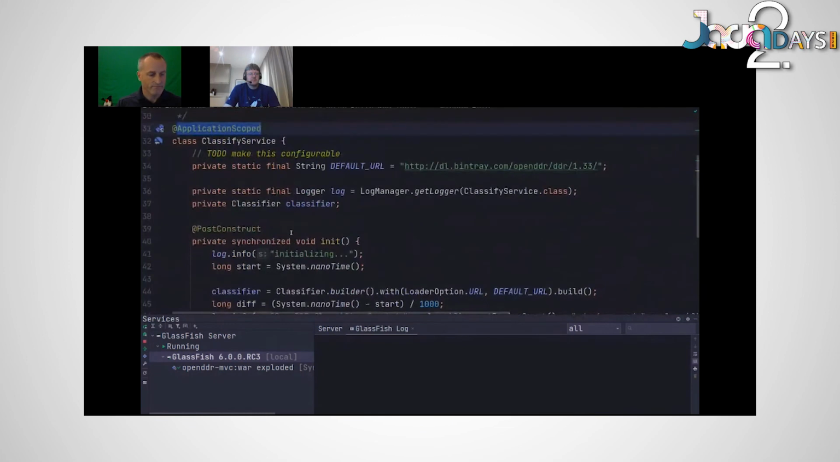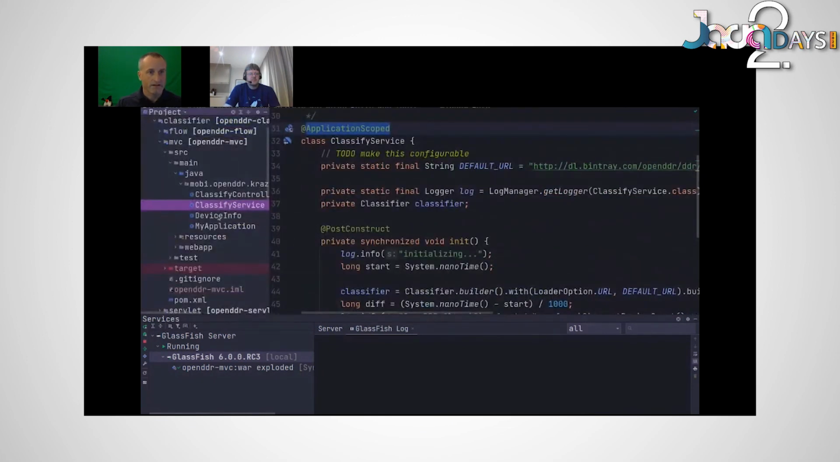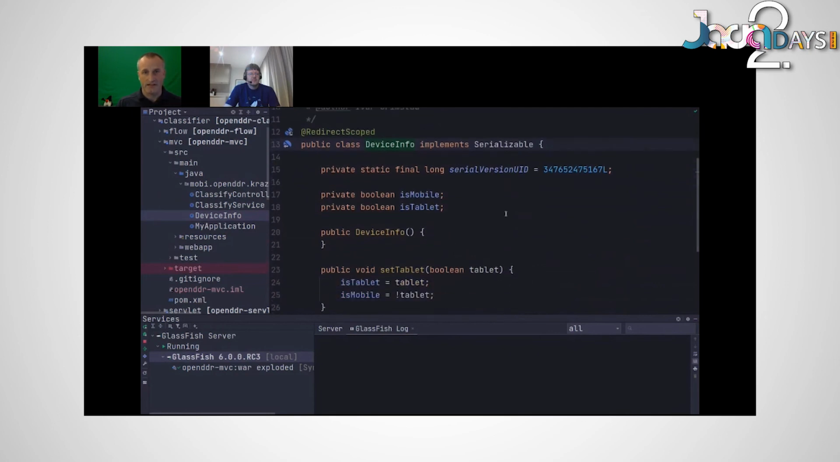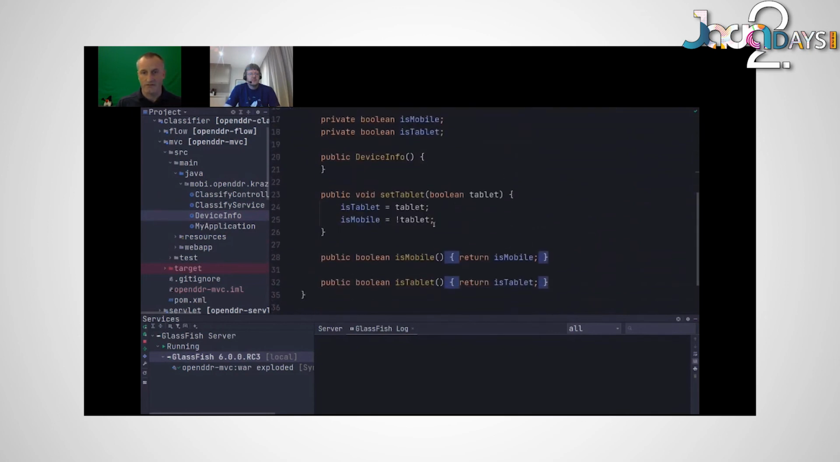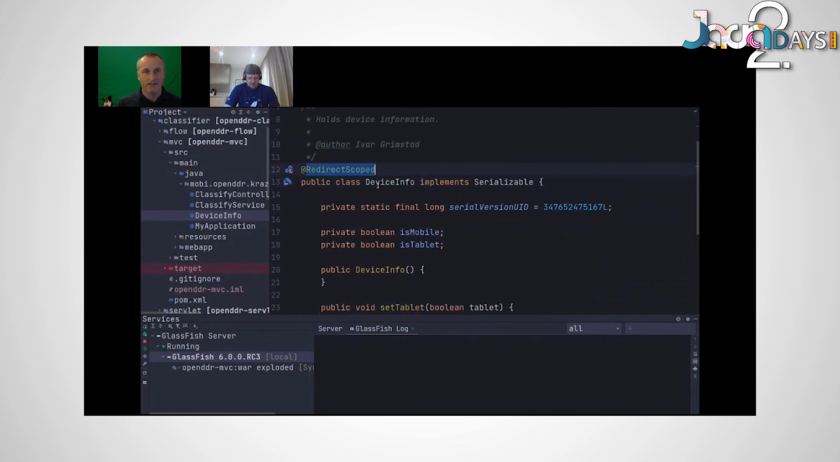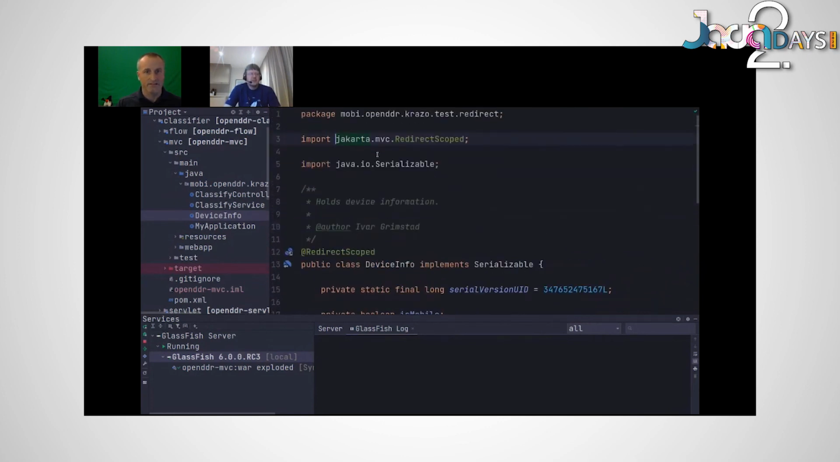And then I've created a device info class, and it's just a dumb Java object. It just has whether it's a tablet or a mobile. And here you can see I'm using an interesting scope. This is a custom scope for MVC, which is a redirect scope. So it will keep its values through one redirect and then be